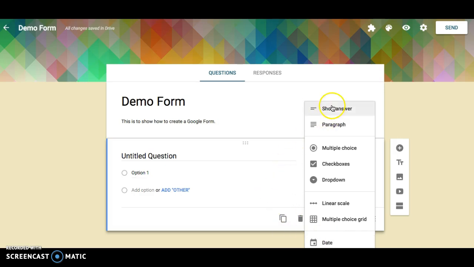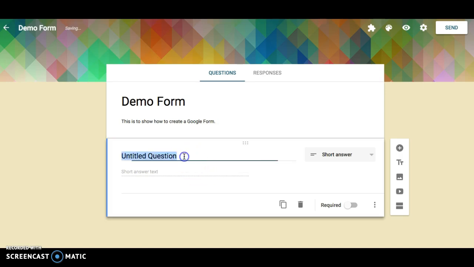So I'm going to choose a short answer because your first question should usually be their first name. So you just type in first name, then they type under here. We can duplicate the question, we can delete the question, and here is the required. You want to slide this toggle over for all the questions you want them to answer. We also have some other options here for hint and data validation. So we have our first